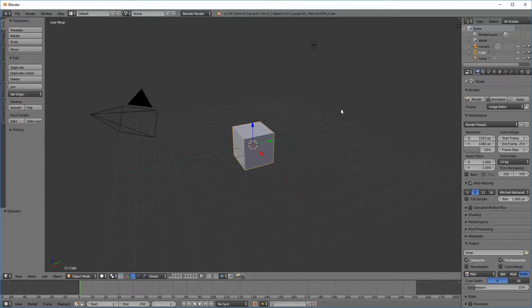Okay, welcome to this tutorial. We're going to learn a little bit about using fluids with Blender. So let's begin. I'm going to get rid of the initial cube here, so I'll hit X for delete, and